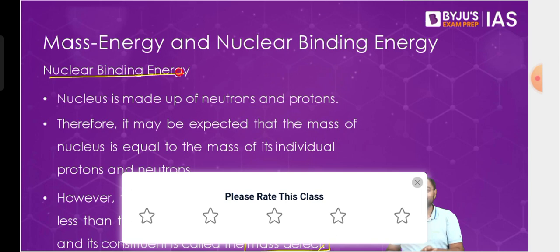Strong nuclear force is the force with which the nucleus binds its particles together, keeps its particles together like protons and neutrons. And this is where the concept of nuclear binding energy comes from. The nuclear binding energy is the energy with which the nucleus tries to bind everything together, or the kind of energy that will be released if you are trying to do something to this nucleus. If extra particles are coming in, or some particles are going out, or the nucleus is breaking, in all these scenarios, the kind of energy that will be released is called the nuclear binding energy, right?